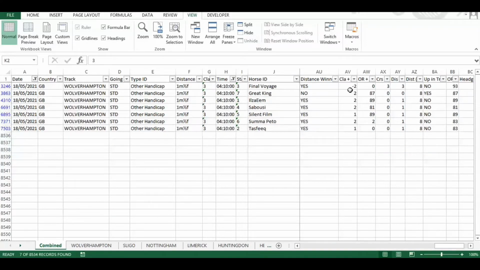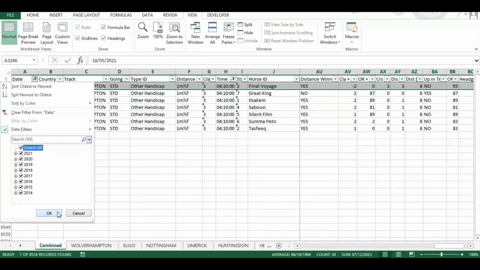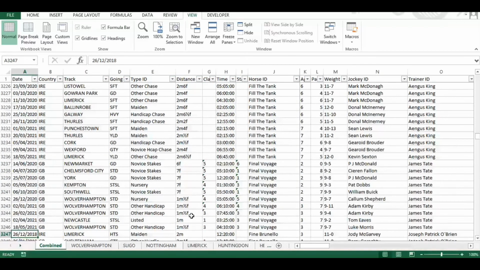You can see there the horses that have gone up in class from the previous race, or as in the case of the top horse Final Voyage, it's actually dropped from a class 1 to a class 3 for this race. Now if we want to double check that, I'm just going to highlight that line 3246, take these filters off, and I can just use the arrow down. That takes me